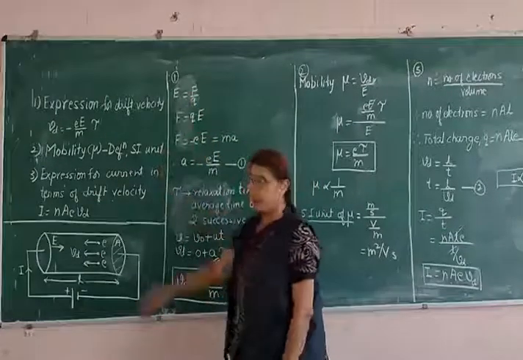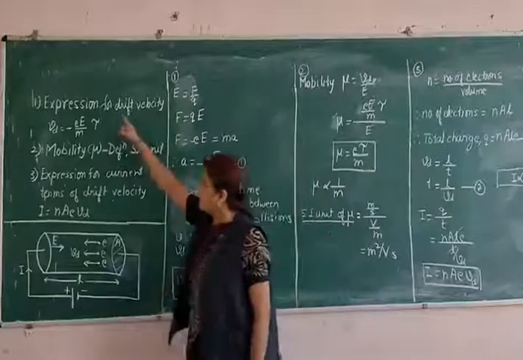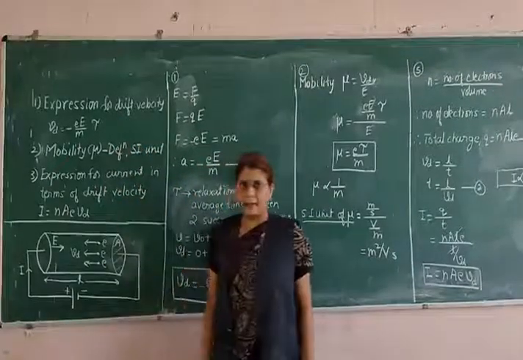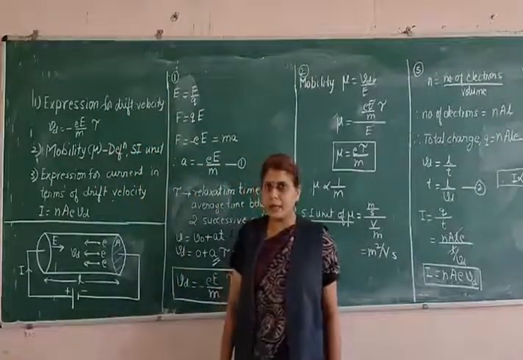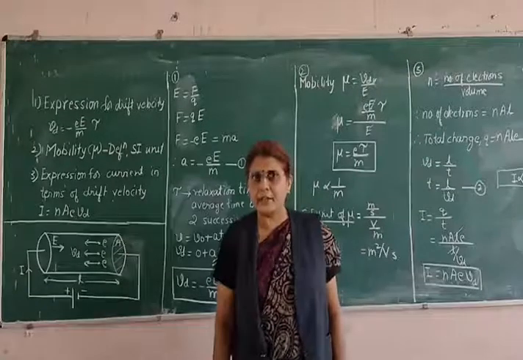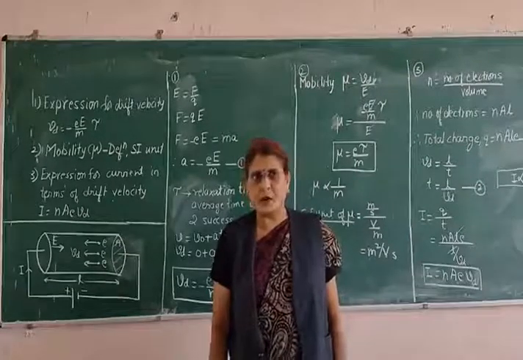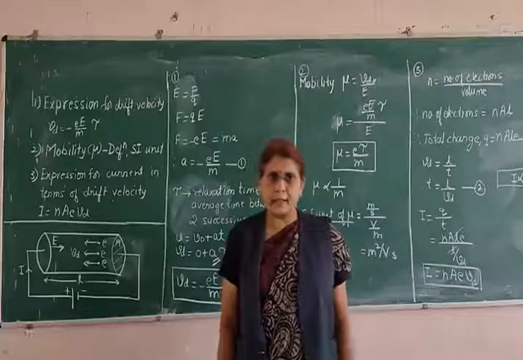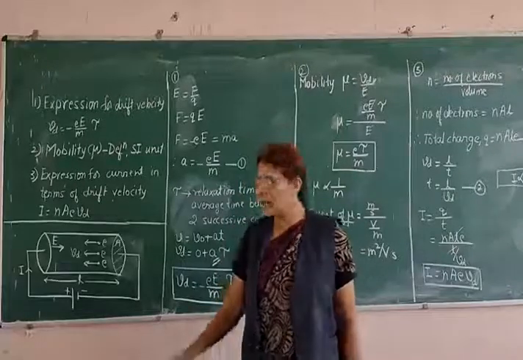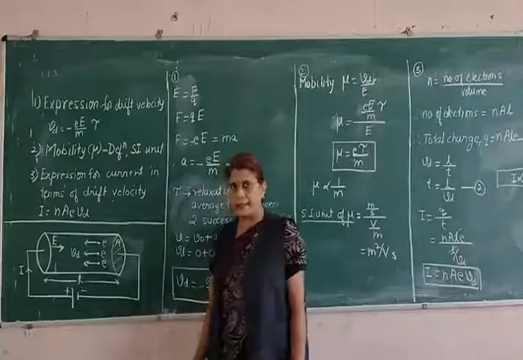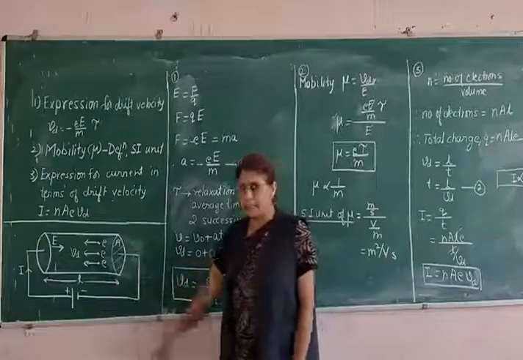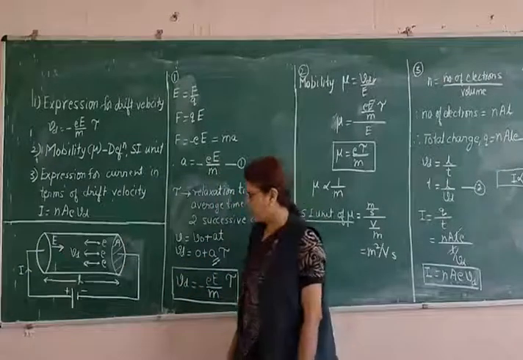The first point I have written here. For these derivations, the figure required is one and the same, which I had also drawn last time to derive J equals sigma E. For all the 3 derivations, you can draw the same figure. So again I have drawn the same figure which I had explained last time. I will tell you once again what this figure is.